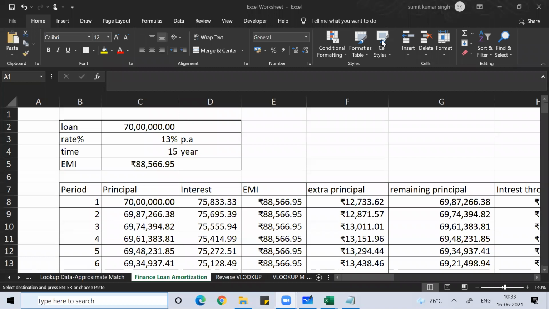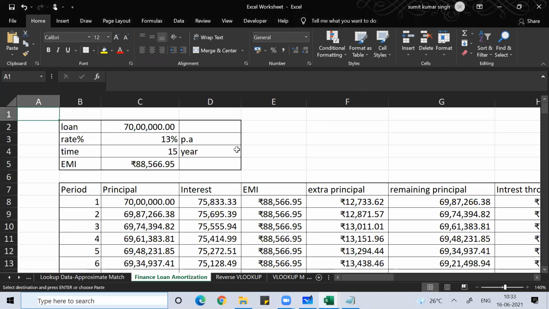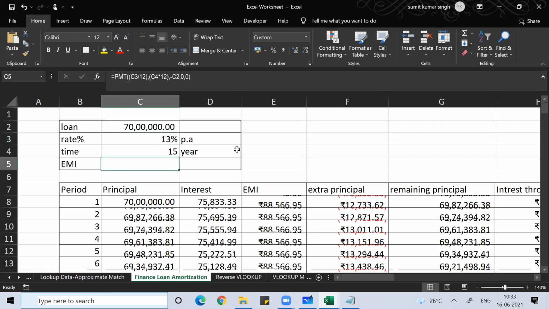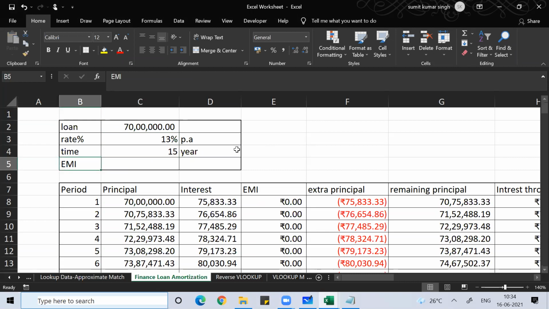So the best way, guys, to calculate EMI, if you really want to, I really don't want any of you ever in your life to take a loan. I have taken a loan once in my life. It was a big pain. So I really don't want anyone to take a loan. But if you take a loan, you know that you need to pay EMI. How to calculate the EMI, guys?